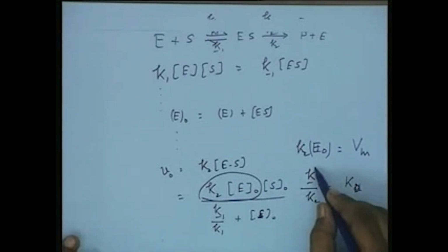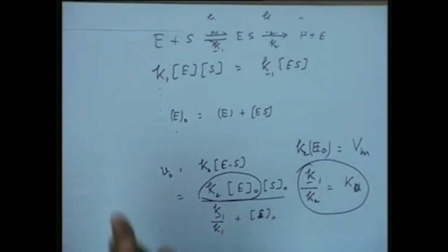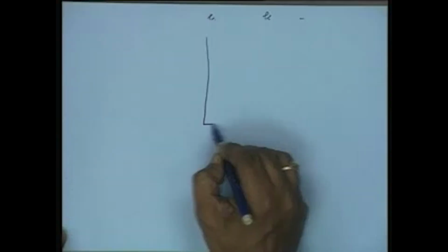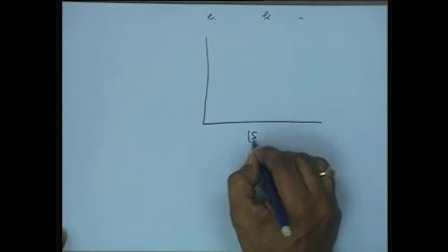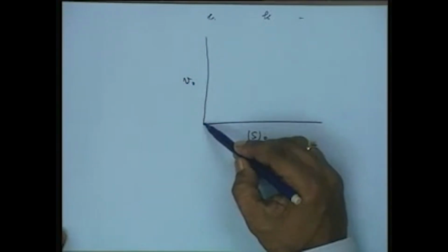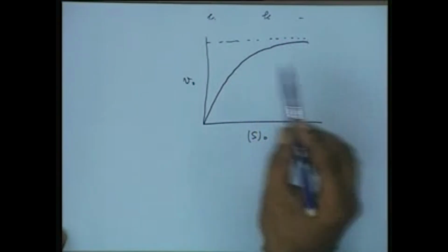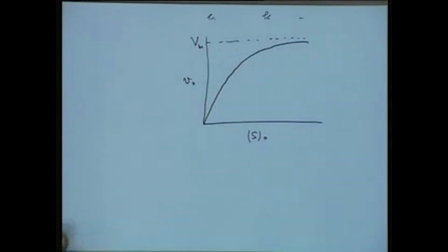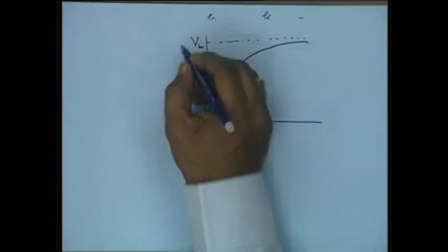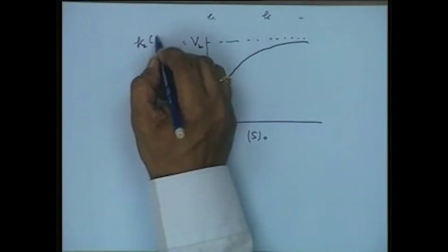and Michaelis-Menten never proposed a Michaelis-Menten constant at that time. He only proposed that this is a dissociation constant of the enzyme substrate complex. A graphical representation of such a reaction will be substrate concentration versus initial reaction rate. It will follow a saturation behavior, where the saturated reaction rate reaches a value of Vm, which is essentially nothing else but K2E0,